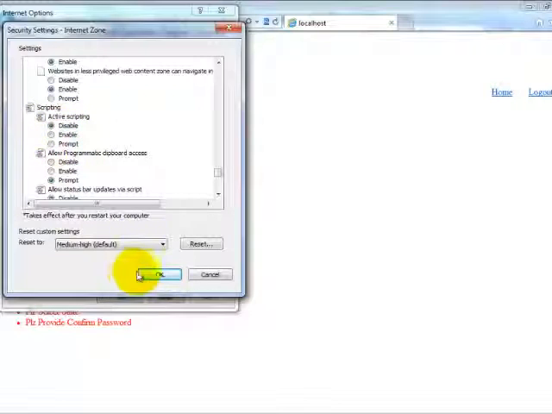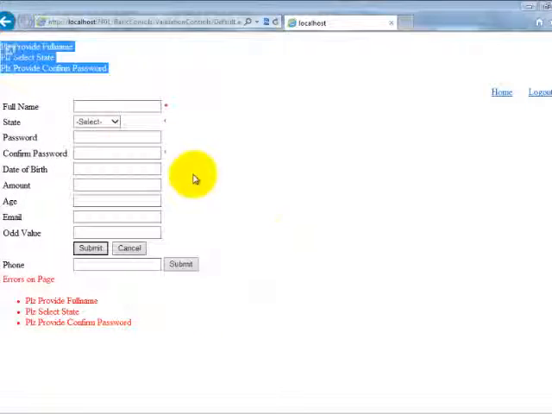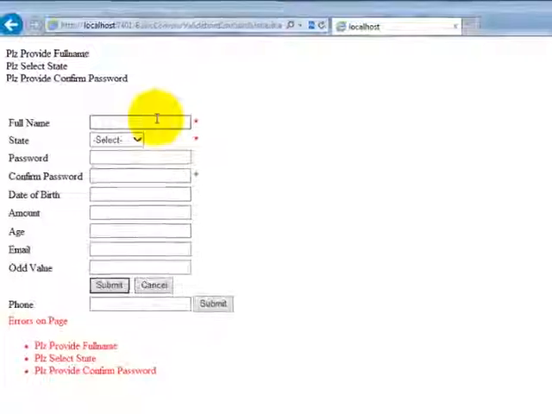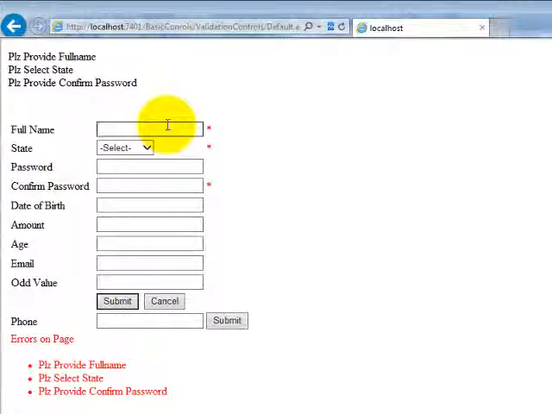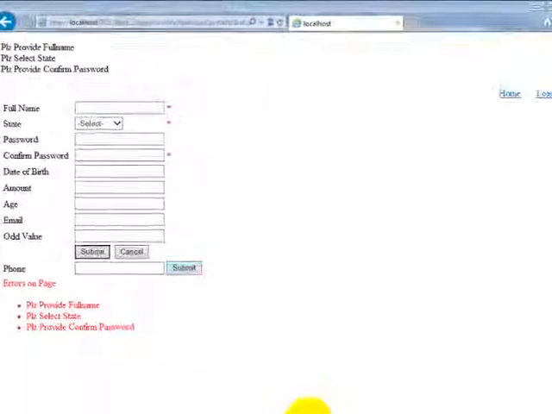After I set this property, immediately I saw that I am able to submit the form to the server, like here. So this should not happen. Even though the client side JavaScript is disabled, you need to check at server side. You need to check those things at server side. How you are going to check